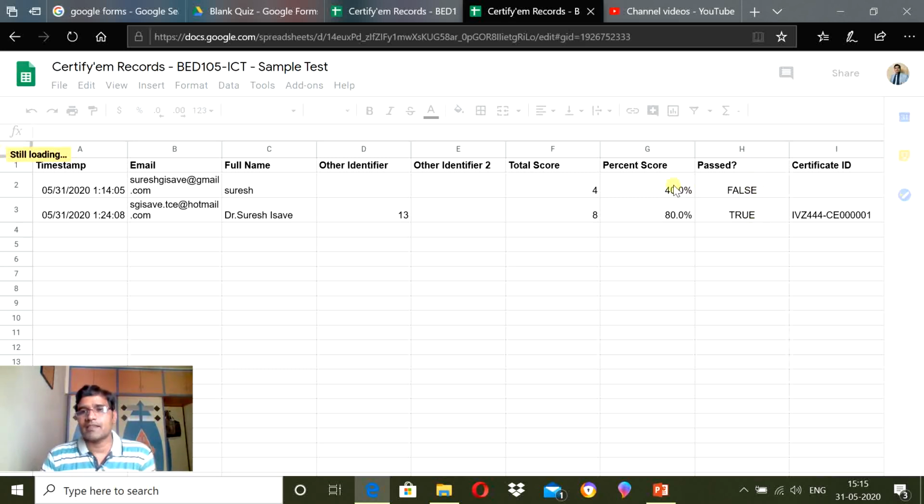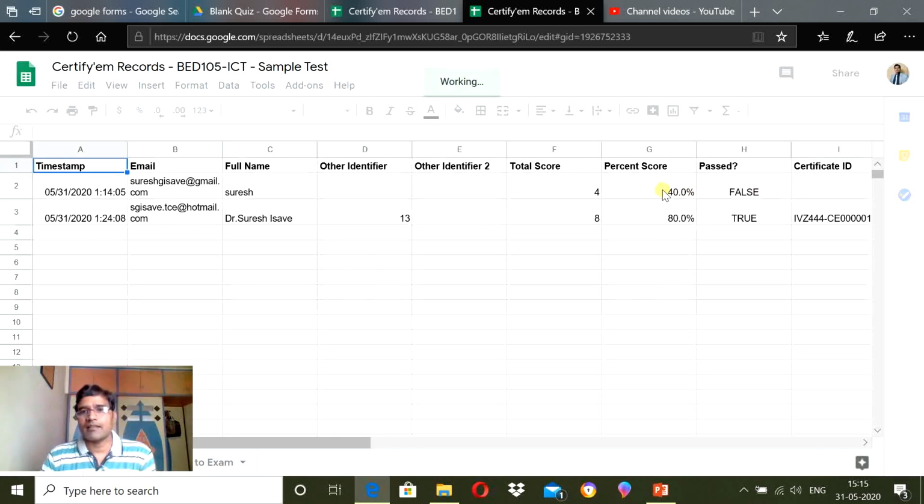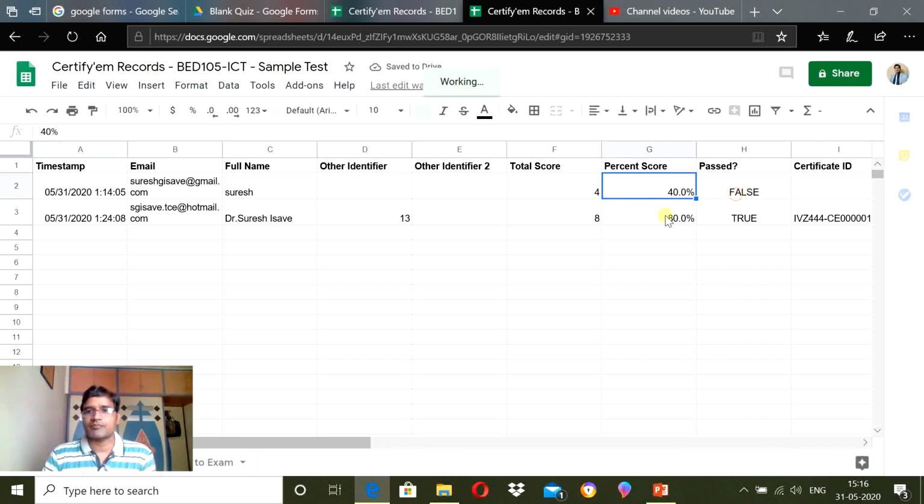False means he got 40%, which is below the 50% criteria, that's why it's false. He got 80%, it means true, that's why you will find the certificate, but for the other one the certificate is not released and not generated because he got 40%.